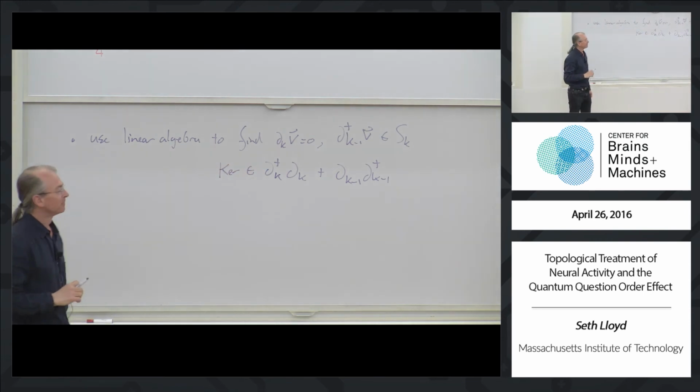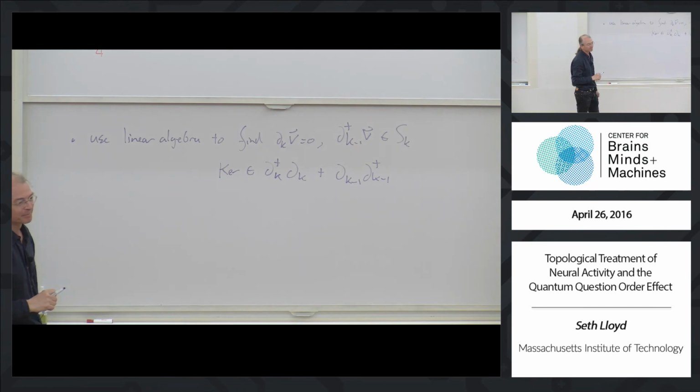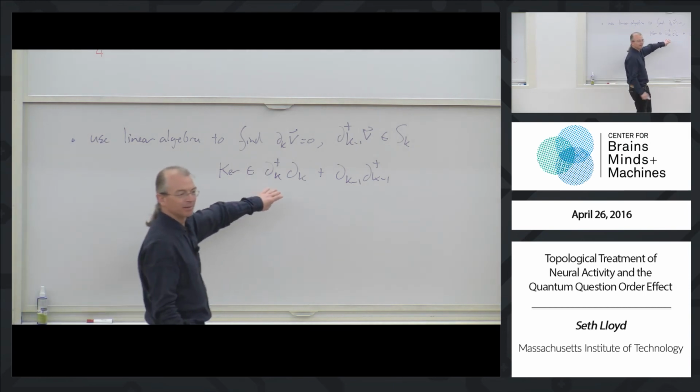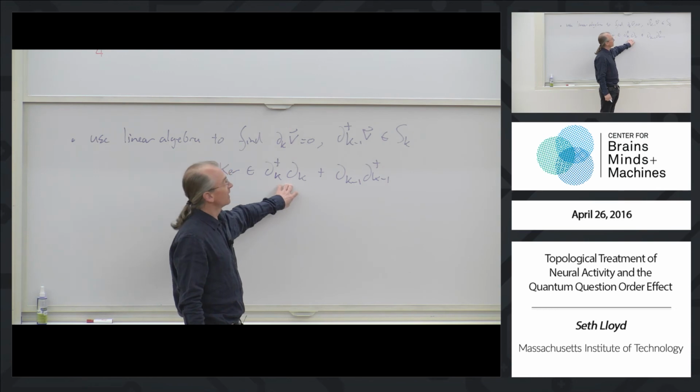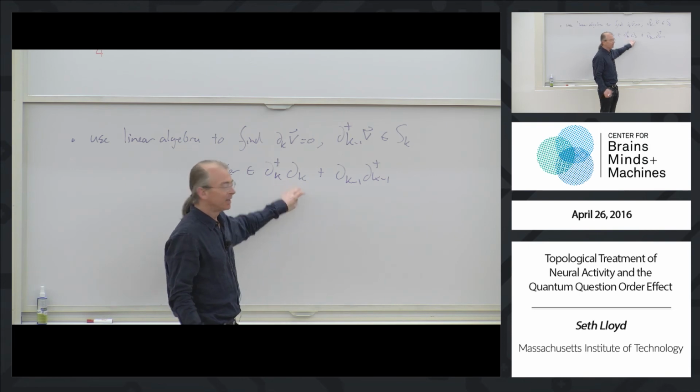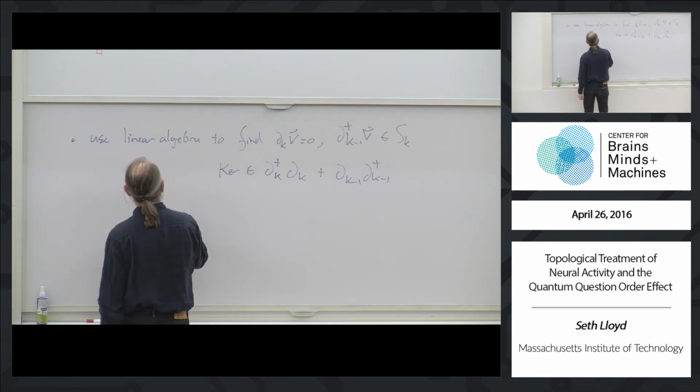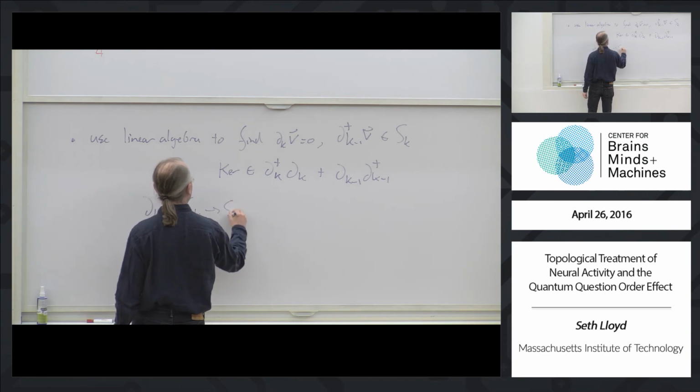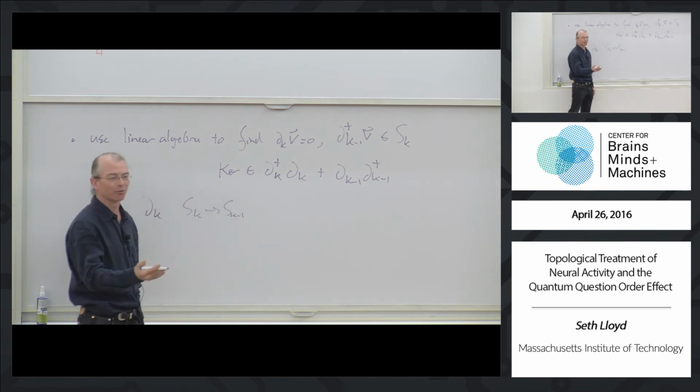Yeah? Is this operator, this matrix, orthogonal? Is that why you're using a dagger instead of a line? It's not even square on its own, right? It maps k simplices to k minus 1 simplices. This is the thing that we actually operate with, very high dimensional sparse square matrices. So dk operates from the space of k simplices into the space of k minus 1 simplices. It actually goes to a different vector space.